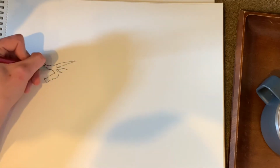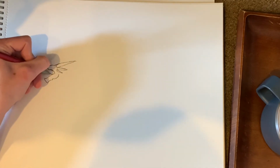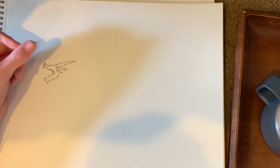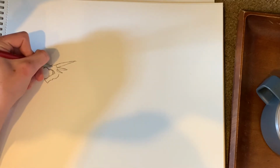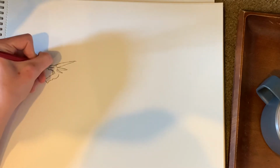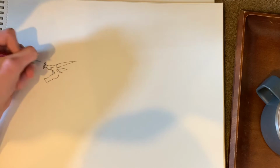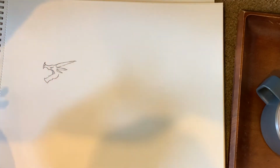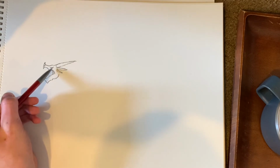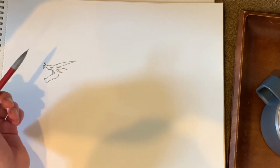So when we finish that, we're gonna bring out the little piece of skin or flesh that would be connecting the top and bottom jaw. And then we're going to bring in a little angry looking eye ridge and give him a nice evil looking angry eye. And if you want to, you can add in a little bit of shading behind the eye that would make him look kind of like